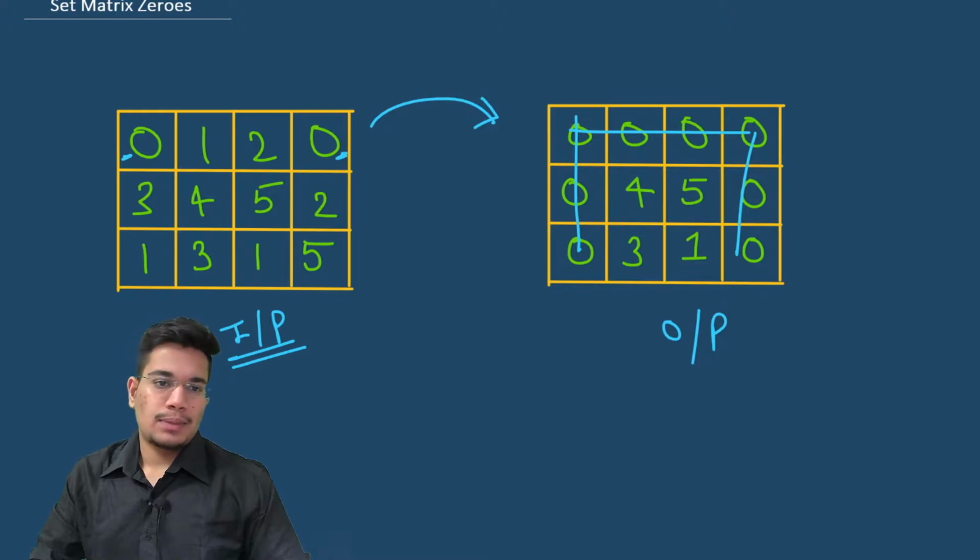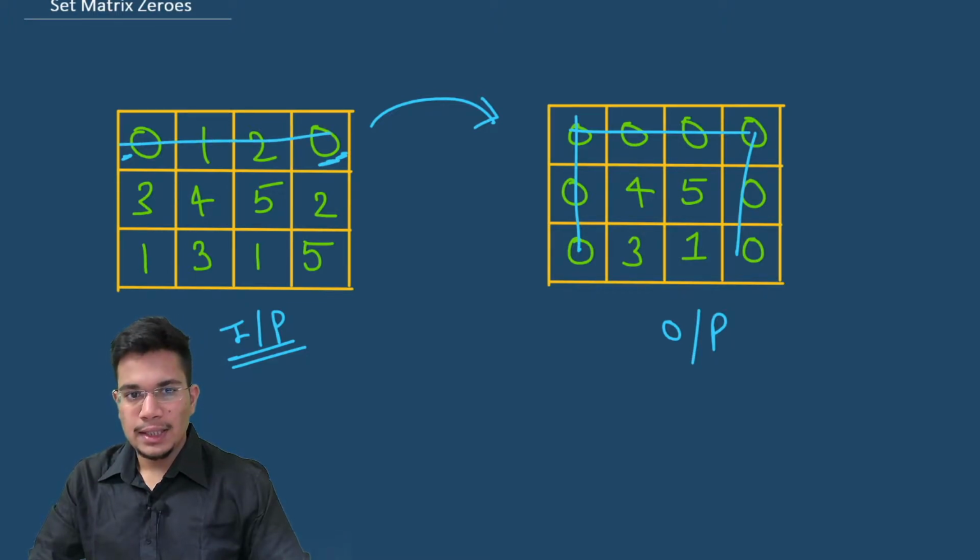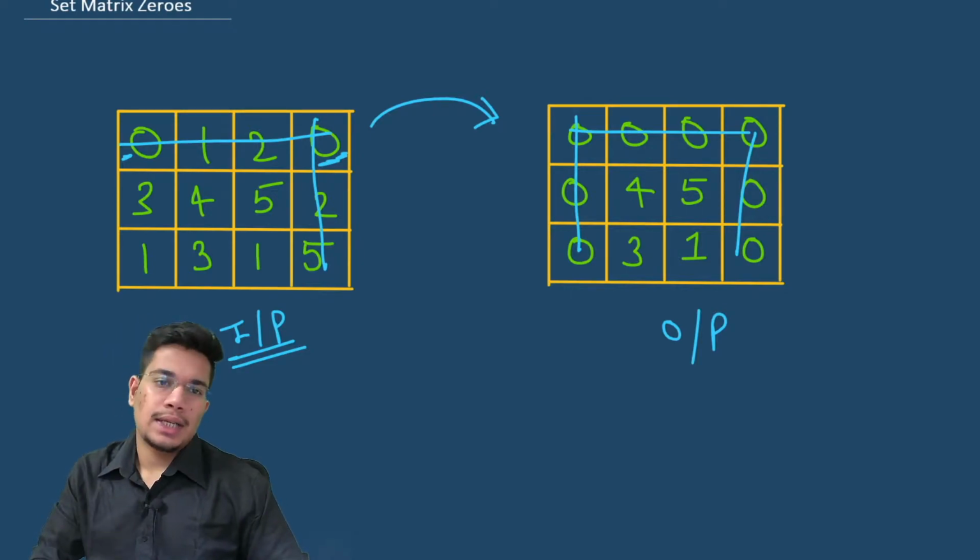So one easy approach is to basically iterate over all the elements of the input matrix, sort of in a brute force fashion. And whenever you find a 0, you iterate over that entire row and that entire column and keep on changing every element in that row and column to some other value, not to 0, because if you change it to 0, then in future you might encounter some other zeros as well, for which the answer may have been disturbed already. So you change it to some other value, let's say you change it to a negative number or something, and then once you're done with this, you iterate over all the elements, whichever ones are negative, you can simply change it back to 0 and you're done.